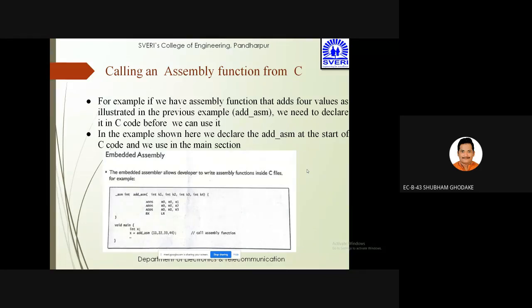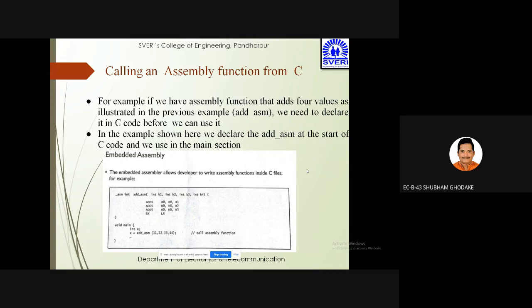So how it is going to be like: C ASM integer add ASM, integer k1, k2, k3, k4, then adds r0, r0, r1, adds r0, r0, r2, adds r0, r0, r3, and then we restore the value in R0. And the second is void main.